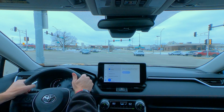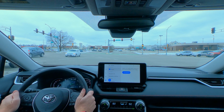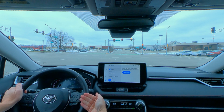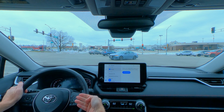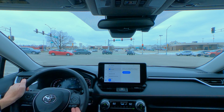The one thing about electric power steering is you tend not to get as much feedback through the steering wheel of the road as, say, the old rack and pinion steering system, but this is pretty nice, pretty responsive. On this side of the steering wheel are all your cruise controls, your dynamic radar cruise control, lane tracing assist, and then some controls down here if you want to control the sound system or change the stations on the